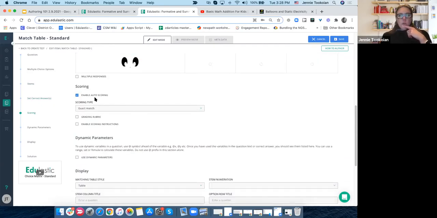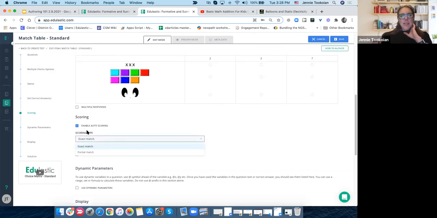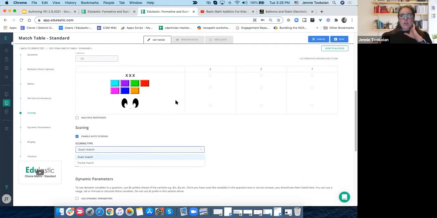Let's see here, I'll go down here to scoring. Now I'm going to enable auto scoring. For some of these question types, that's just a given. But some of them you can make it so that you have to manually score them. For example, if they were to have used Scratchpad or something like that, you could make it manually score. I think most teachers that I work with, whenever possible, we want to enable auto scoring. At the same time, if you had some variations in your stems and your answers here, you could accept a partial match. I'm just going to keep it with exact match, meaning that they have to get all of these